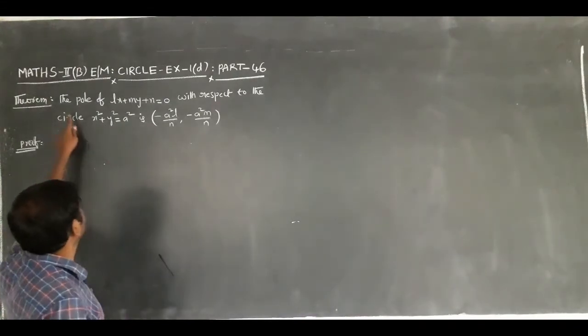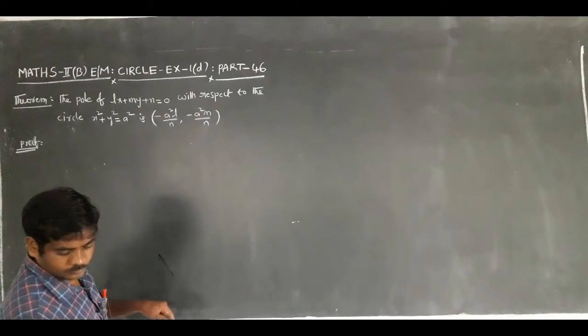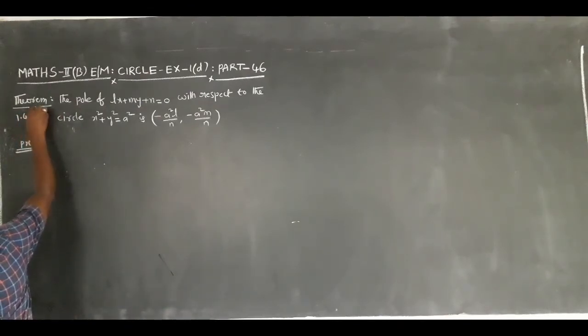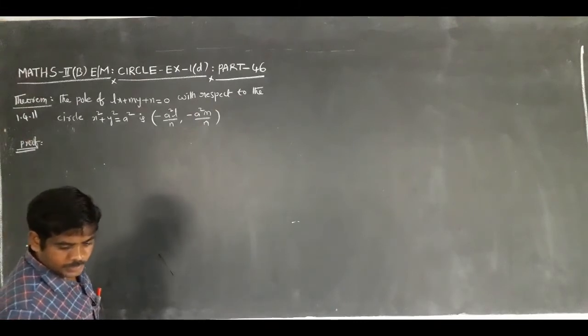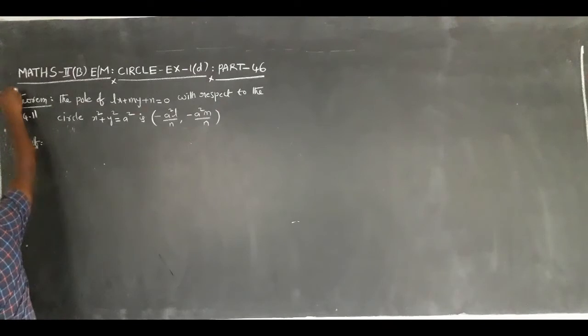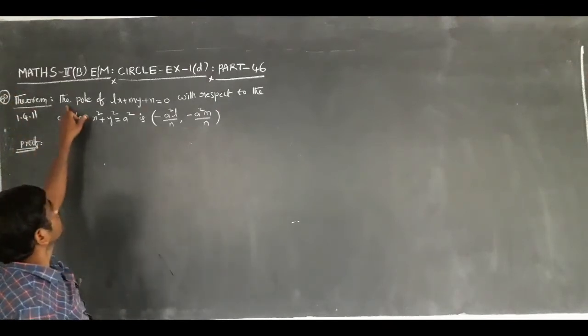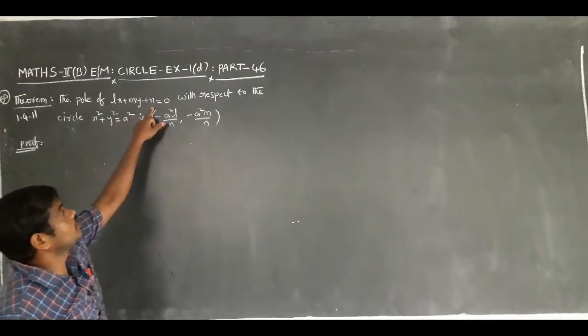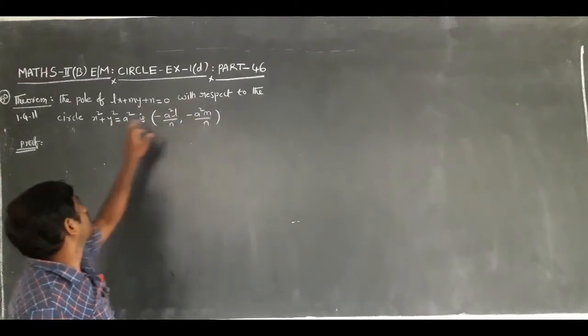Here, theorem number 1.4.11, page number 50. The pole of Lx + My + N = 0 with respect to the circle